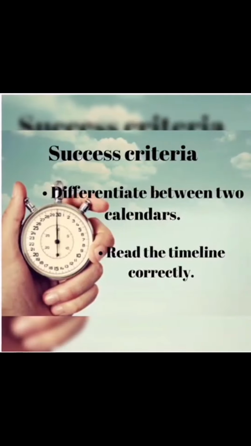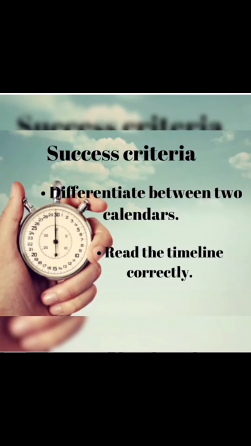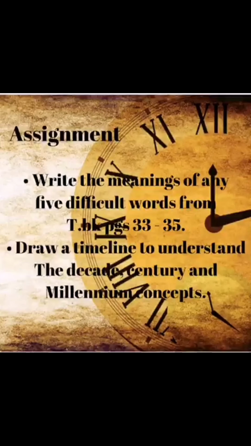Dear students, the success criteria of today's lesson are to differentiate between the two calendars and read the timeline correctly. The assignments for today's lesson are to write the meaning of any 5 difficult words from pages 33 to 35 and also learn the spellings of the difficult words. Draw a timeline to understand the decade, century,